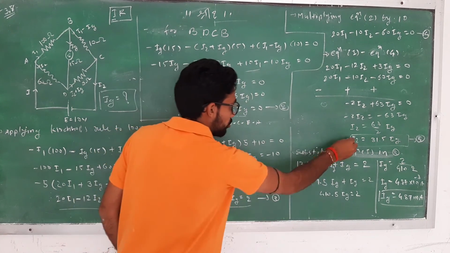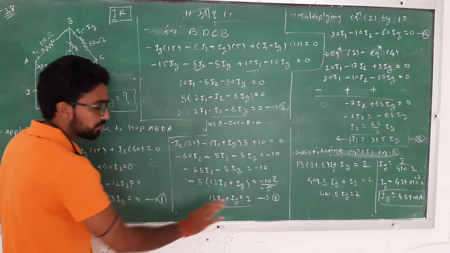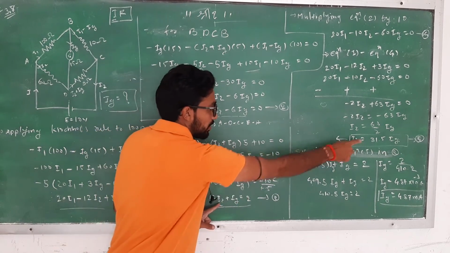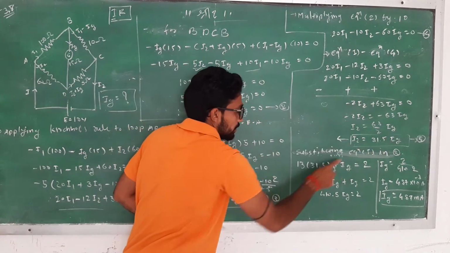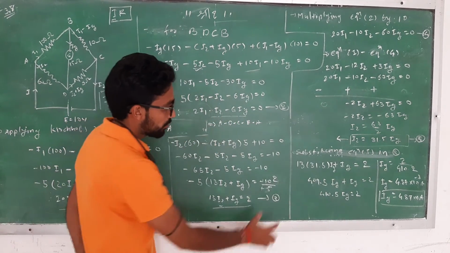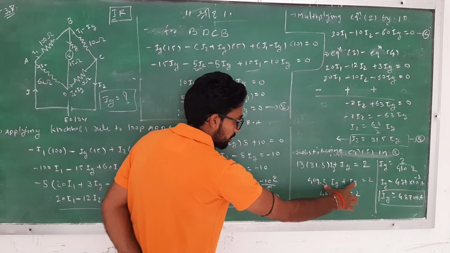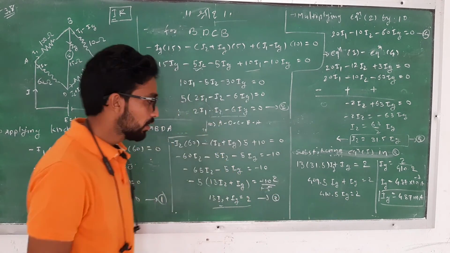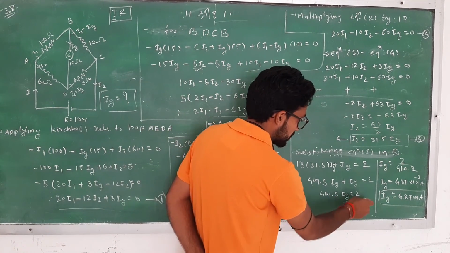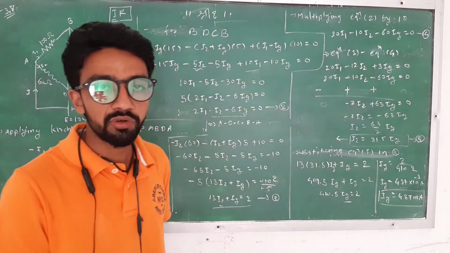Now put this I2 value in this equation, which is now only in terms of IC. You can see 13 times this I2, that is 9.5 IC, plus IC is equal to 2. When you calculate this one, you get 409.5 IC. Take summation, you have 410.5 IC is equal to 2. We want to find the value of IC, so this goes in the denominator. When you solve this one, you get 4.87 into 10 raised to minus 3 ampere.